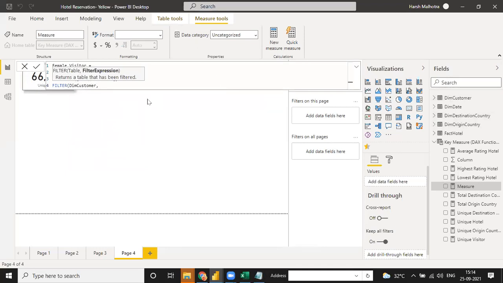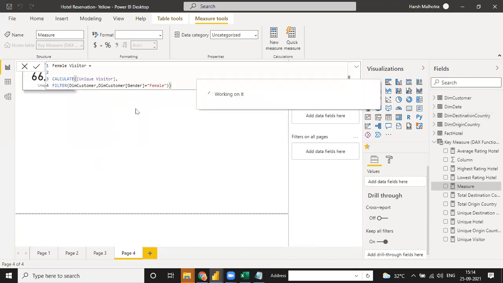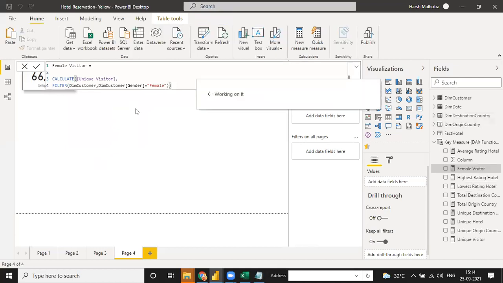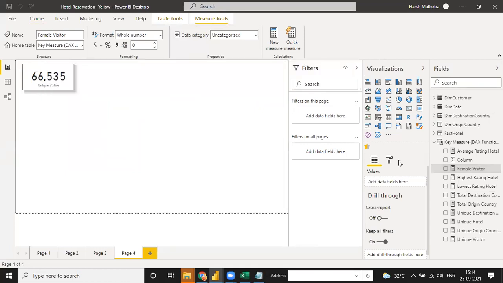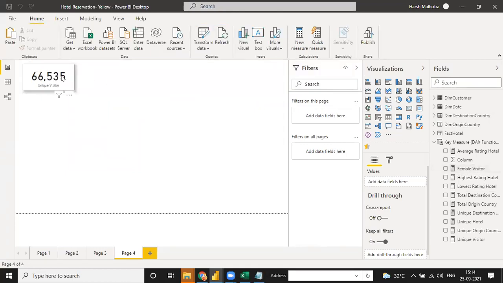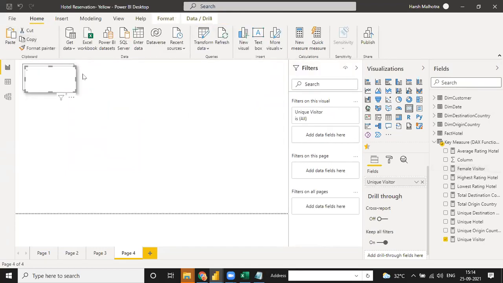You have dim customer, you have gender, I think. Yeah, see, gender. And instead of this, I need just female. You can write it as female and just click enter. When you click enter, your female visitor measure will be there. Click on copy and just paste it.